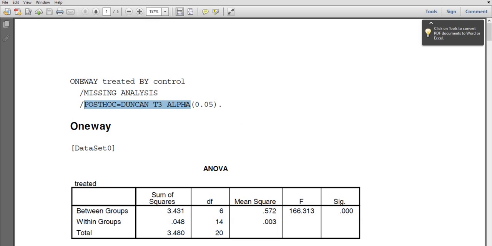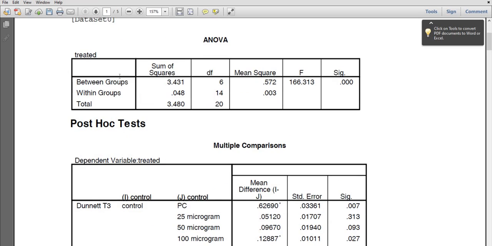Post hoc is Duncan T3, alpha 0.05. That is the considerable thing. Another thing is you need to consider the DF value. Between groups and within groups are there. Between group DF value is 6 and within group DF value is 14.